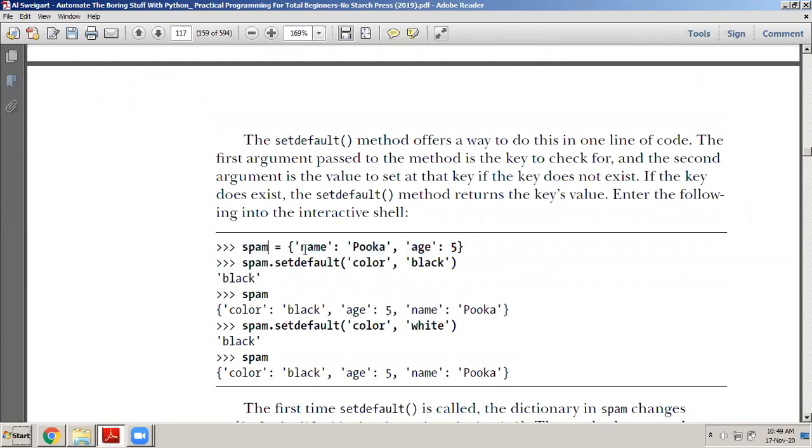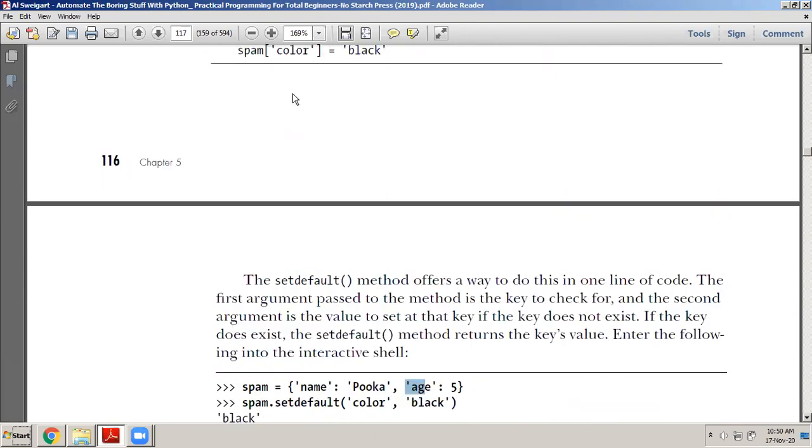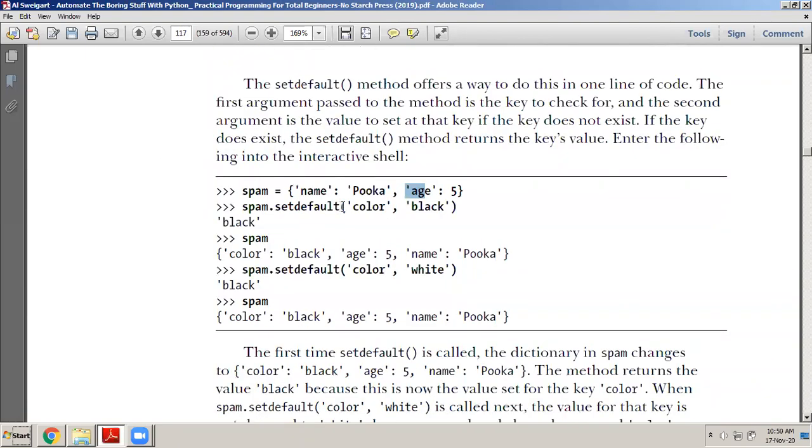Spam contains only two elements right now, name and age, and these are the respective values, same as on the top here. I want to add a new element and I want to set the key to color and the value to black. So I simply do this: spam.setdefault color comma black. Now if I display the value of spam, I get the element age, and then I get name.